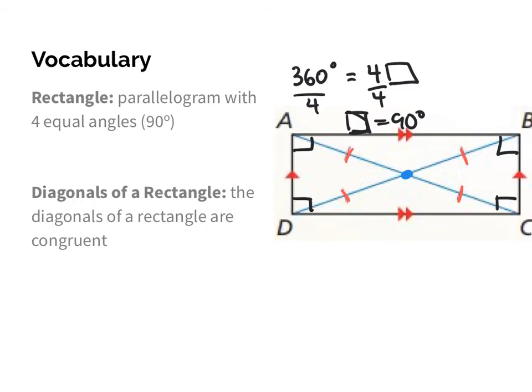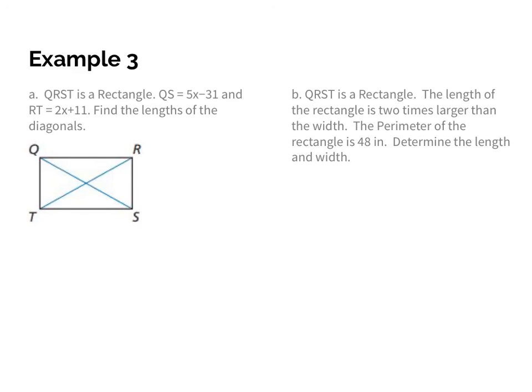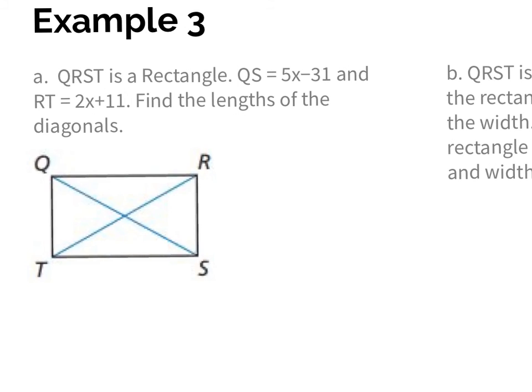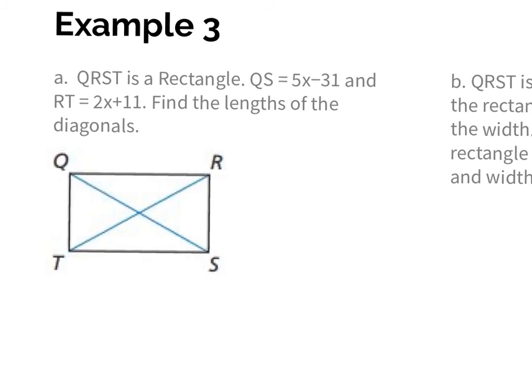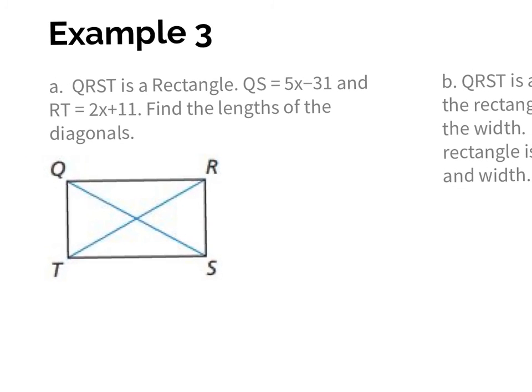So, nice, easy properties when we deal with a rectangle. Just like we did with a rhombus, we're going to use this idea to try and solve for things. In this first example, we have our rectangle QRST. It says here that Q to S is 5x minus 31, and R to T is 2x plus 11. Q to S would be the diagonal that we see here, and then R to T would be the